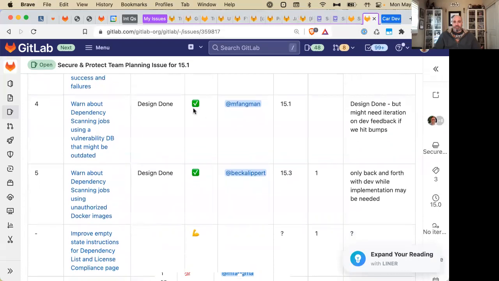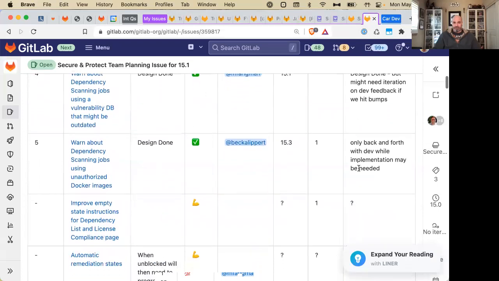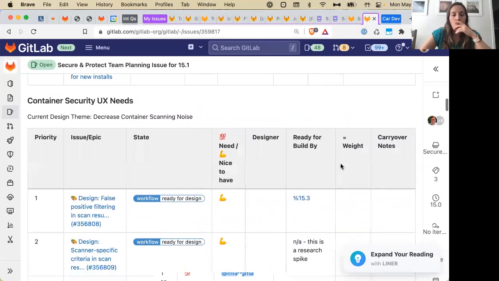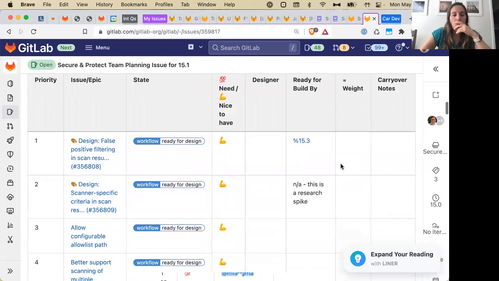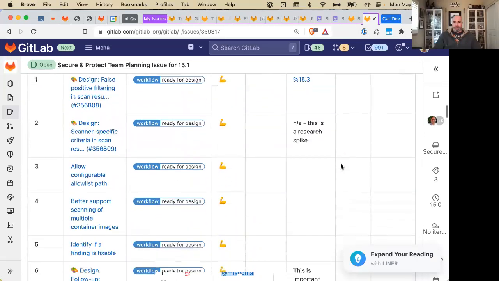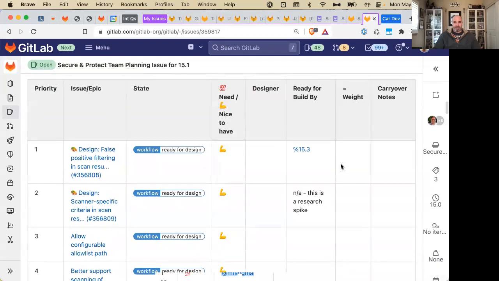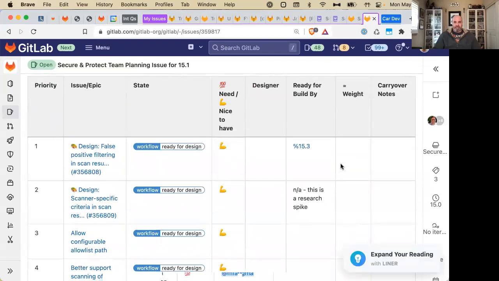These I assume mean they're done, right? Yes, design done, design done. Cool. Looking at container security, doesn't look like there are any needs. There were needs. Did they get removed and they were already completed?